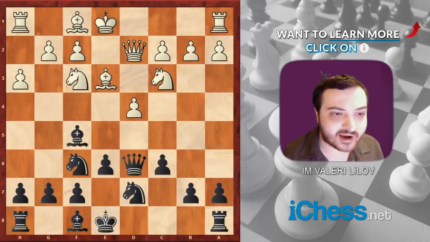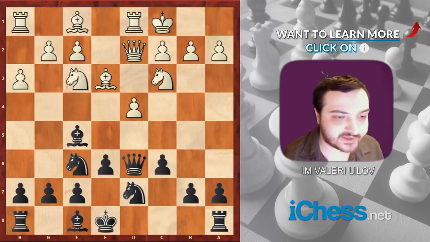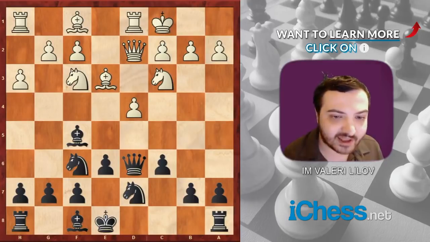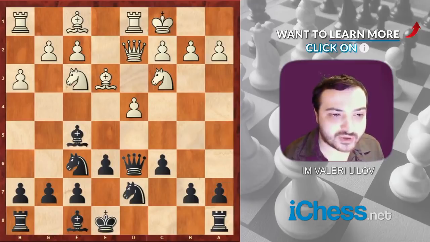In the game right now, White's next move is long-side castling, and I'd like to give you an opportunity now to think about this from Black's side and come up with your own idea on what you think Black should do to make his position better. It's a really